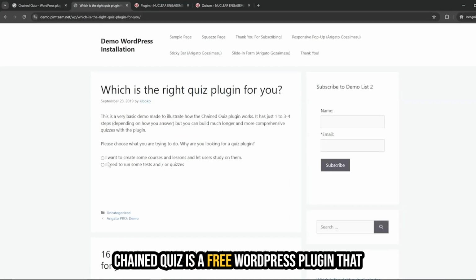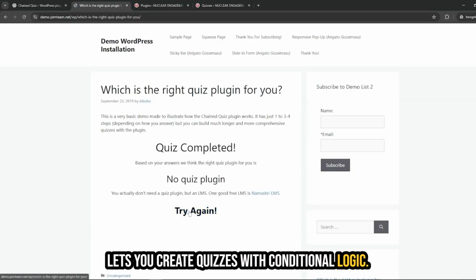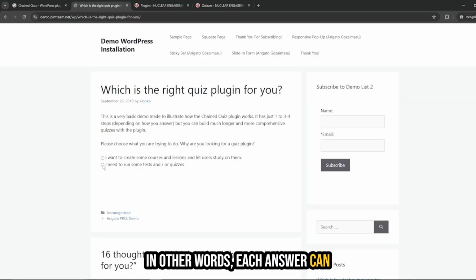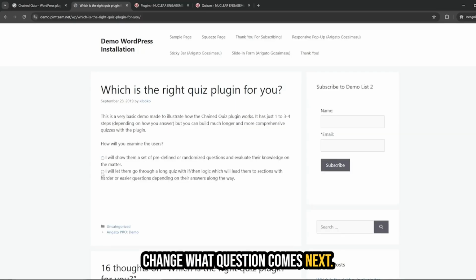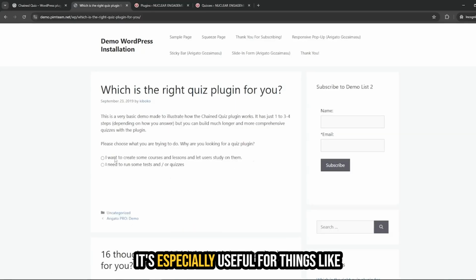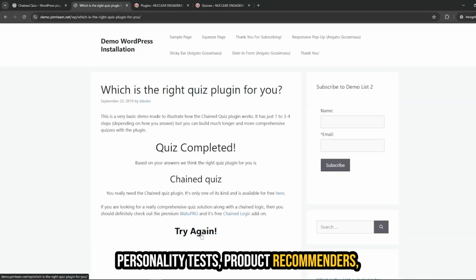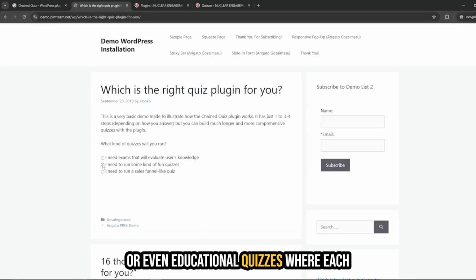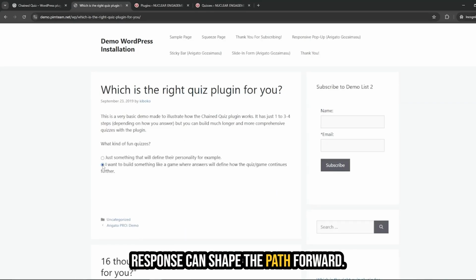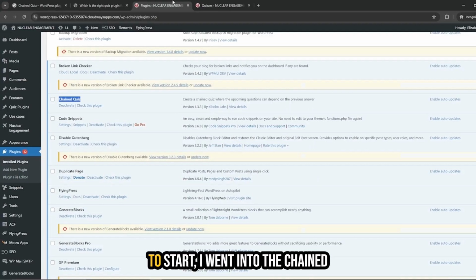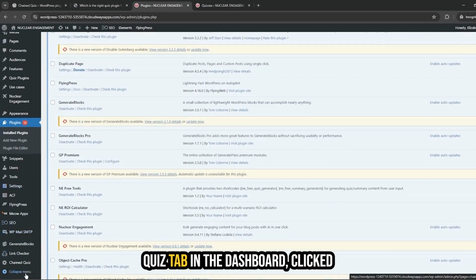Chained Quiz is a free WordPress plugin that lets you create quizzes with conditional logic. In other words, each answer can change what question comes next. It's especially useful for things like personality tests, product recommenders, or even educational quizzes, where each response can shape the path forward. To start, I went into the Chained Quiz tab in the dashboard,